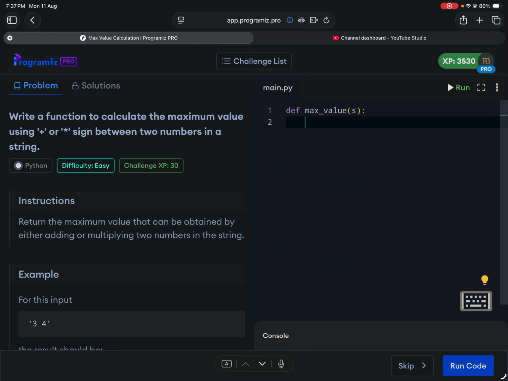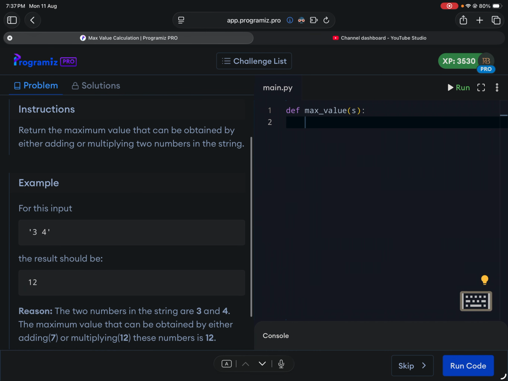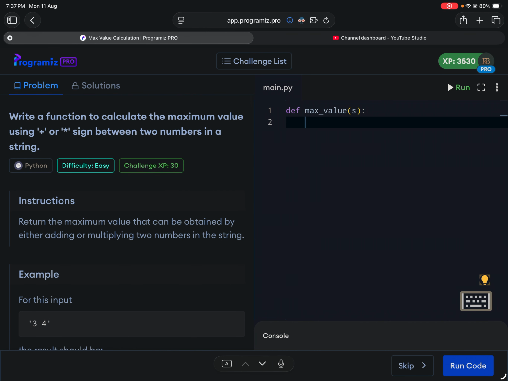So in order to do that, of course, we know we can split the number. Let's just write our return statement directly. And inside return, what we can do is s dot split, and we don't need to assign anything to it, and this would give out a list. Since we are getting a list, we can do i for i in this thing. So we can make this list into an int first of all,